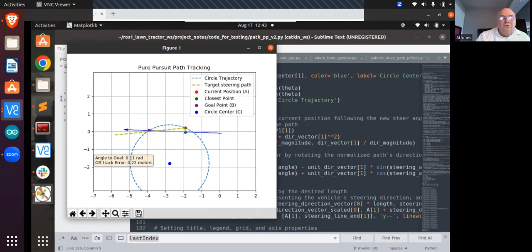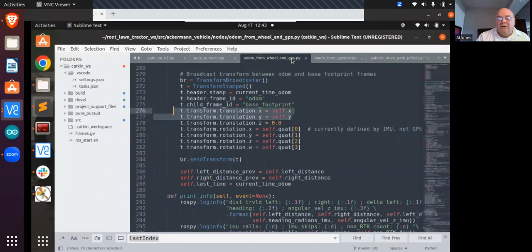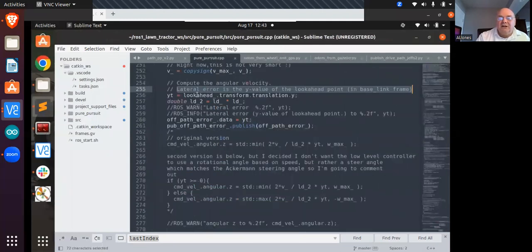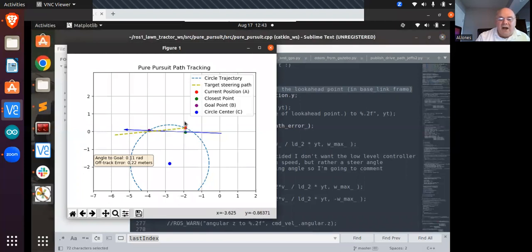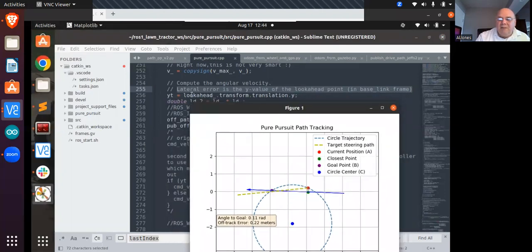But anyway, if you wouldn't mind, can we go back to pure pursuit? So keep this sentence in mind. And forget how I came up with this chart. With these three data points, you've got the current position, the closest point, and your goal. What do you think should be populated in this